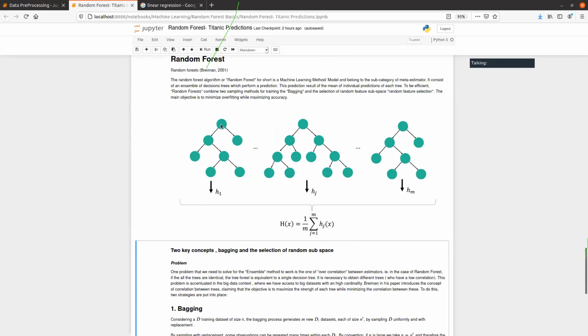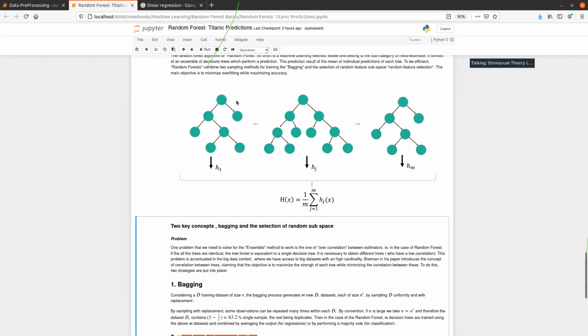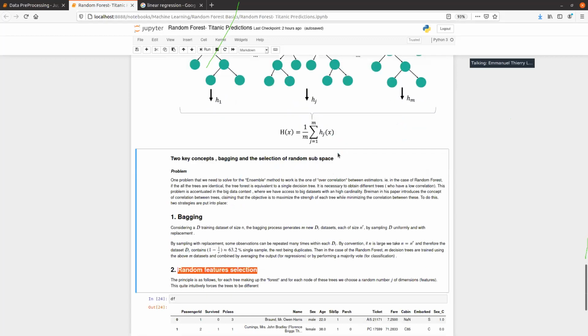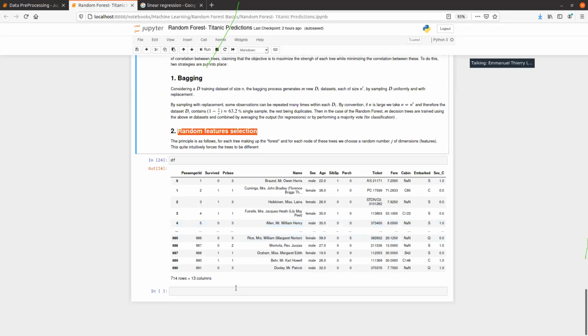And then at the next step, you do the same. Maybe you exclude age. And that means that the trees will also be a little different. And so it's the addition of all those different trees that will output a final prediction.